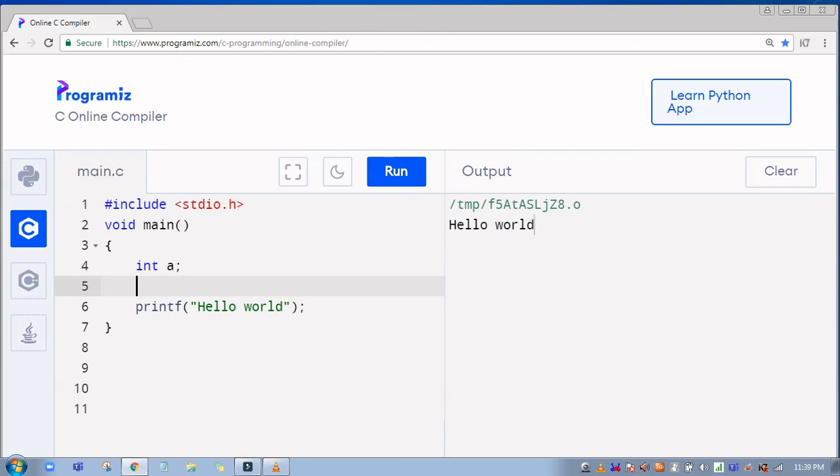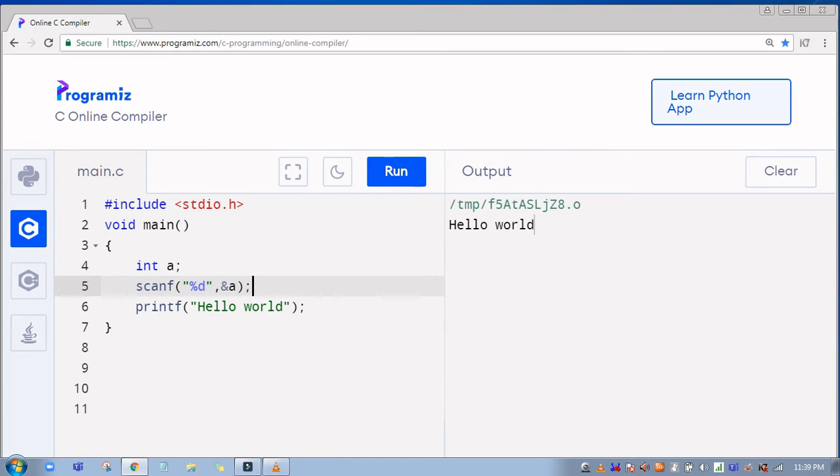Okay, next what I'm going to give here is scanf. Inside this I'm going to give double quotes %d. %d is the format for the integer data type, and I've used &a and terminated the statement using a semicolon.